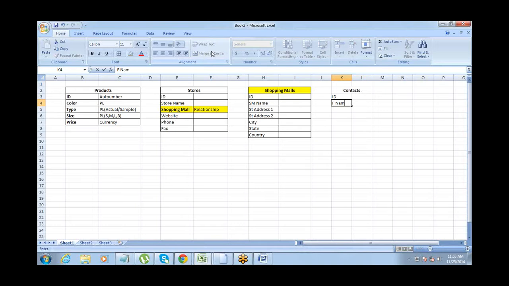So for contact, again, you need an ID, you need a first name, then you need a last name, email, phone, fax. Fine.